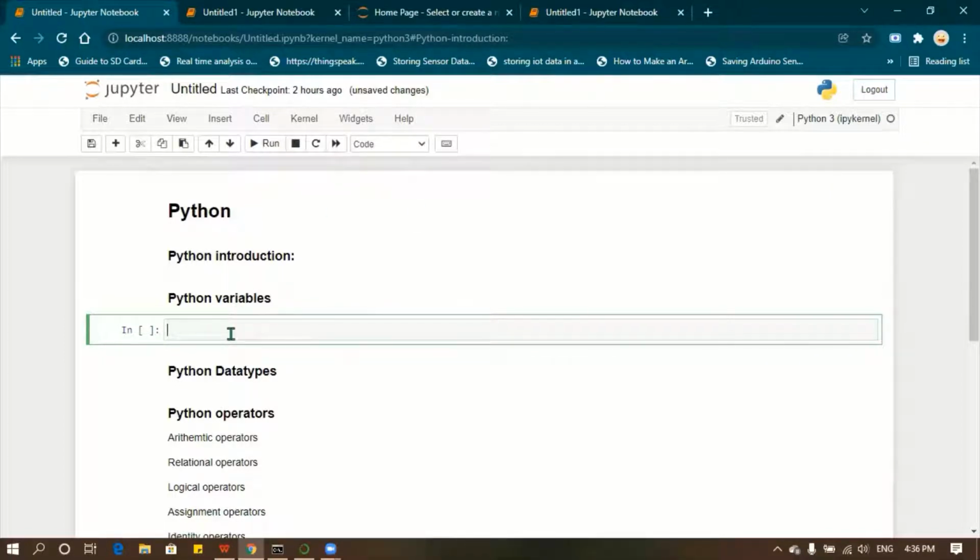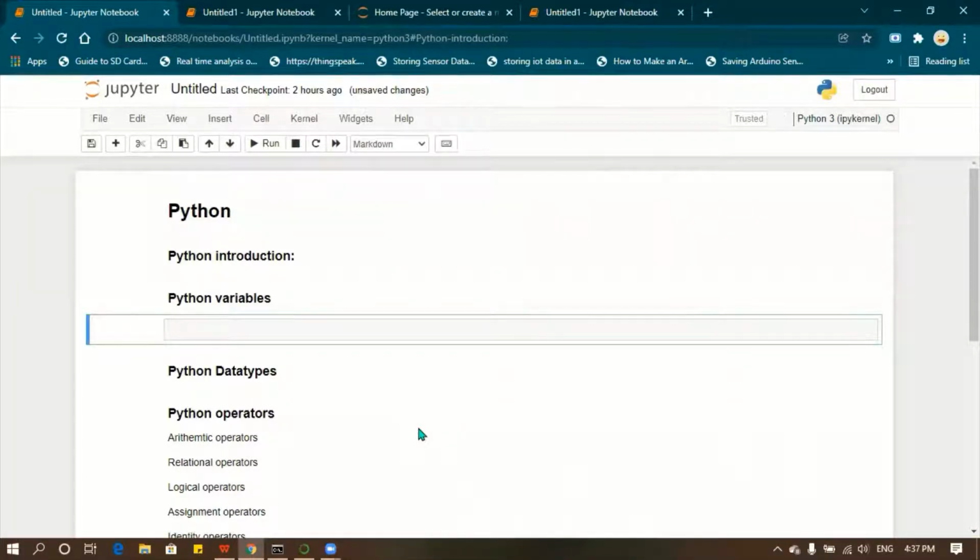If it is blank here and I enter any key, it will type there. So I want to get out of that insert mode. What I can do is press the escape key. If you press the escape key, your cell will look like this. Then if you want to change from code to markdown, press the key M. Then press enter, so it will be in the enter mode. If you want to exit from the enter mode, just press the escape key. If you want to enter something, press enter.